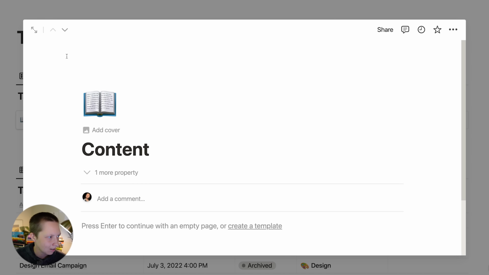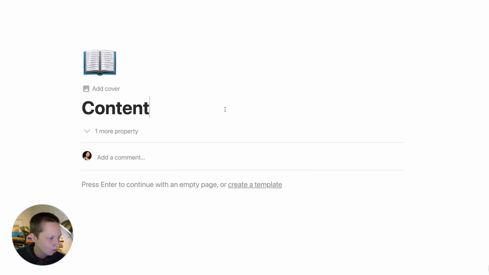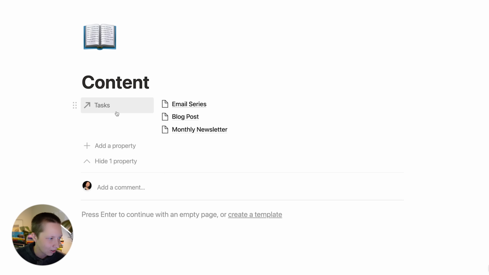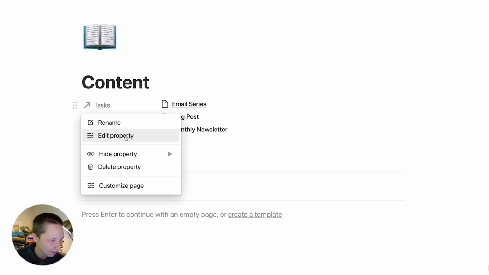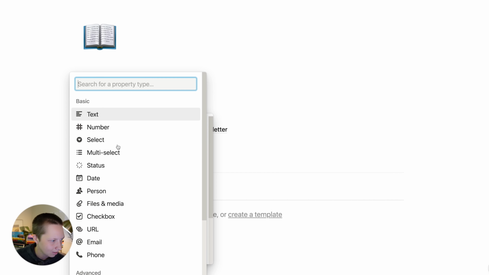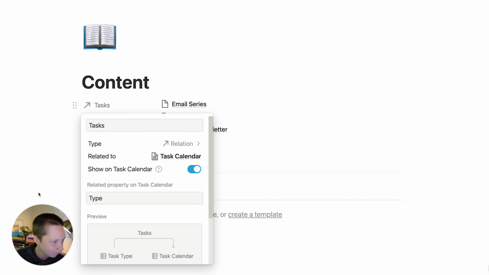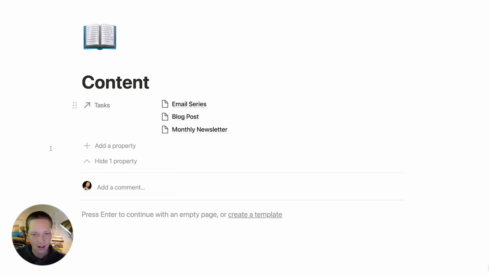So for example, in content, let's just open this up as a page. We have one relation coming back called tasks. I go to edit property, and in type, it is down in advanced called relation. And with this new update, not only did they add the status property, they also updated relations. So really quickly, what you can now do inside of each relation, if I click on the plus symbol,